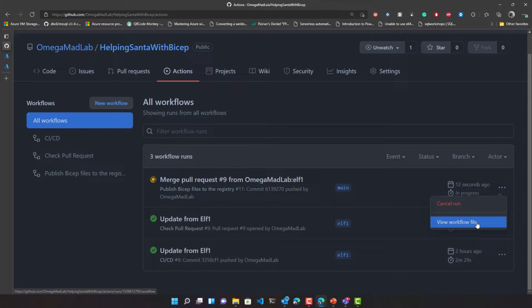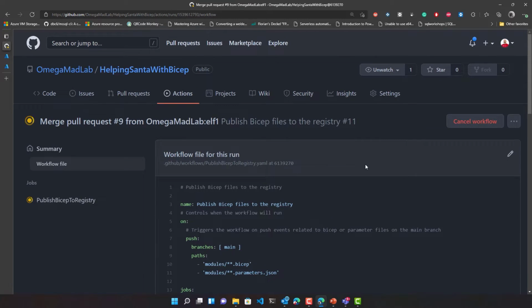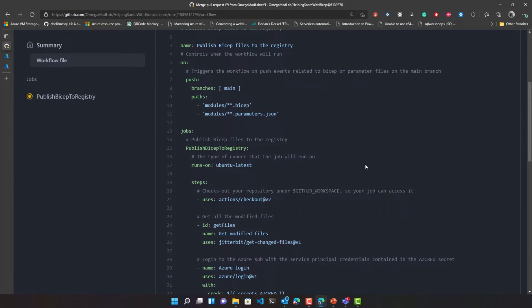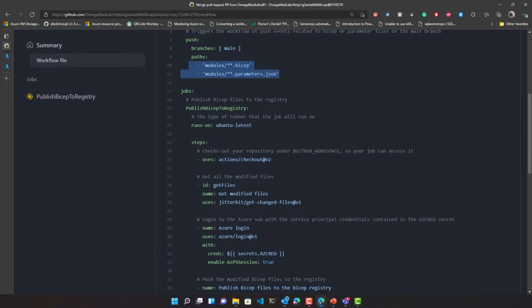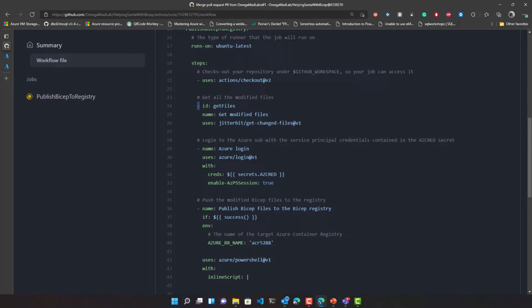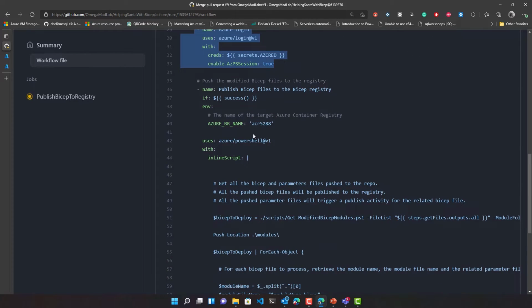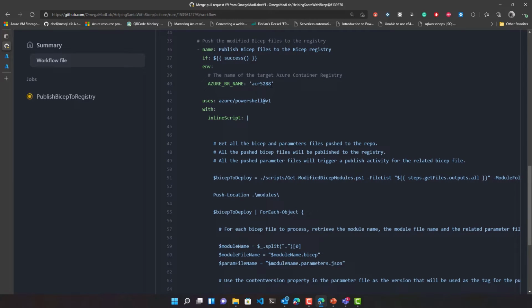Let's have a look at the workflow file while it runs. And as you can see here, this workflow file is triggered on push activity on the main branch. Again, it needs to look for Bicep and parameter files, and we have a step that gets the updated files. It does a login on the Azure subscription, and if everything is okay,